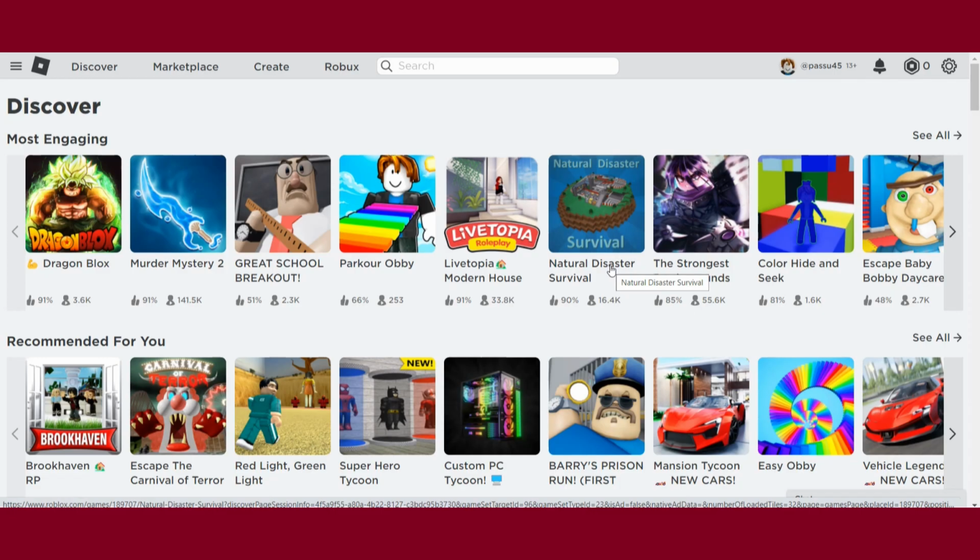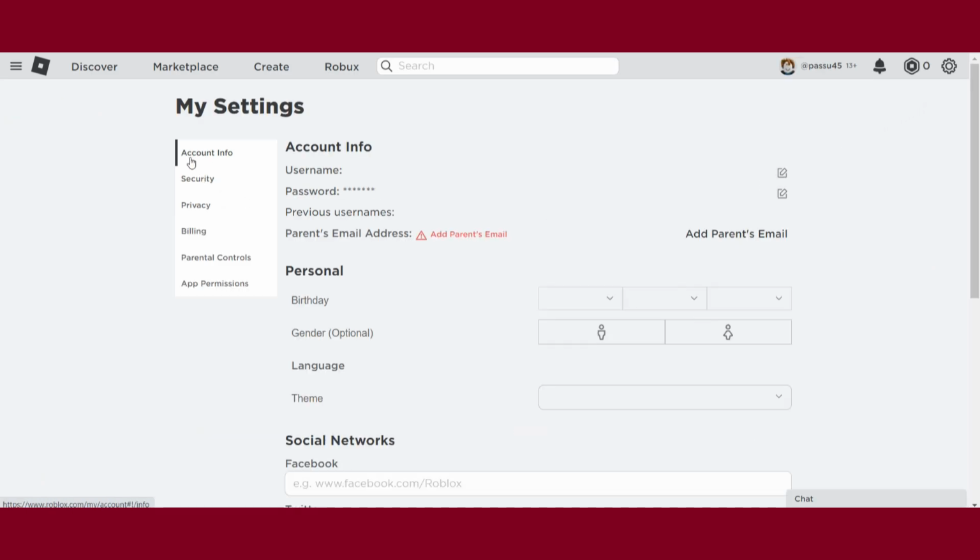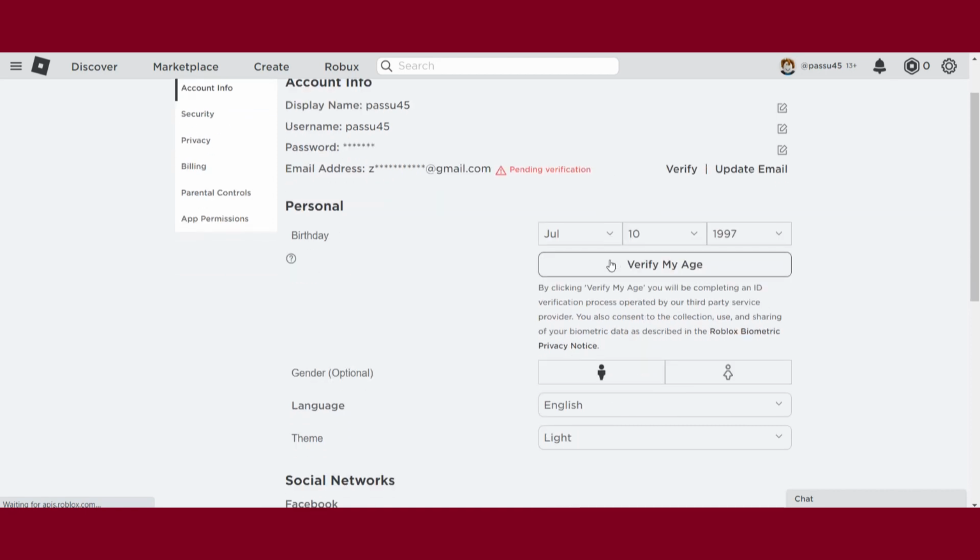So first of all, you have to log into your Roblox account. And once you do it, on the top right, you will see a settings icon. Just click on it and click on Settings from here. Once you do it, after that you have to click on Account Info, and right here you will